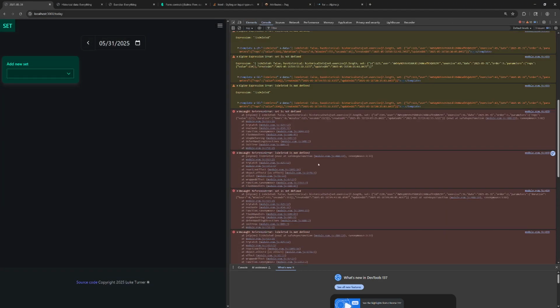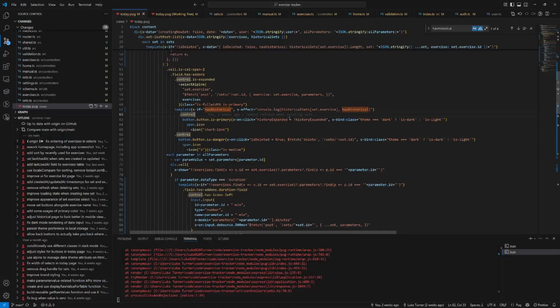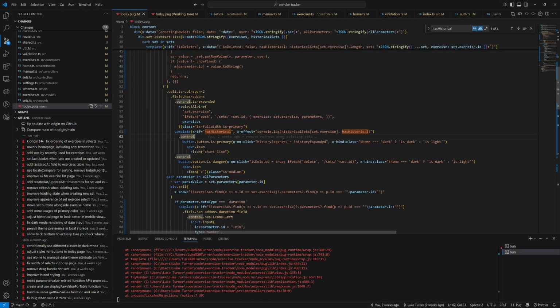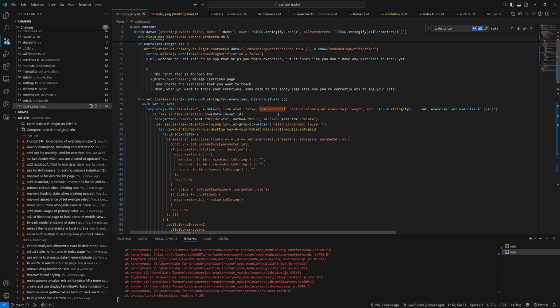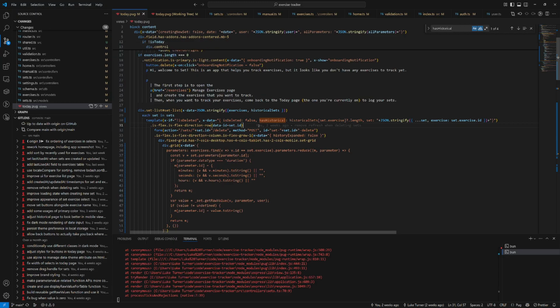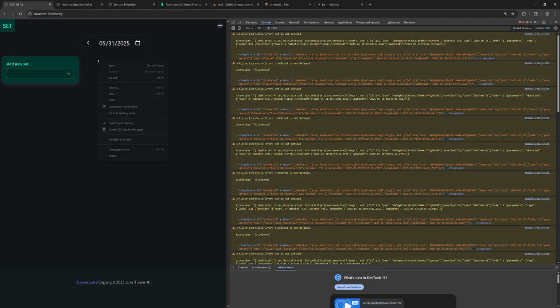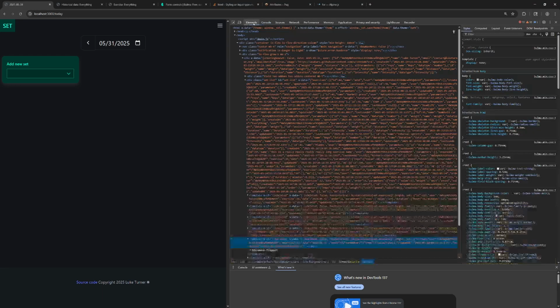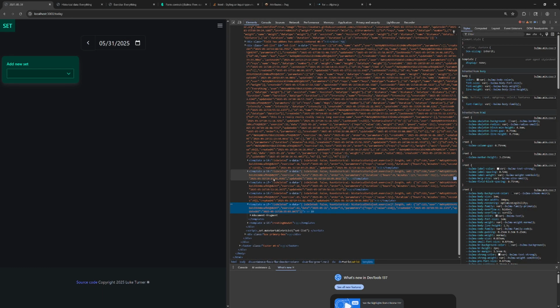Oh, nice, lovely error. Is deleted is not defined. Where did I use that? I mean, okay, it kind of makes sense. Maybe. But why was it working before then? I wonder if there must be something else going on here. Okay, let's take a look at this. One of these, so